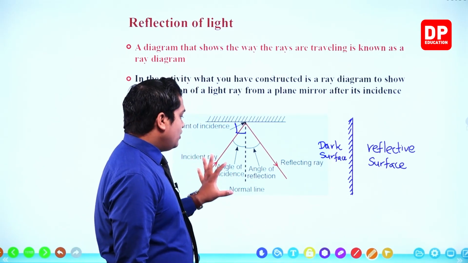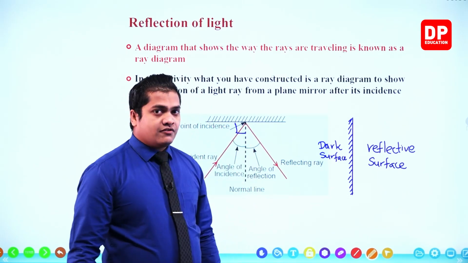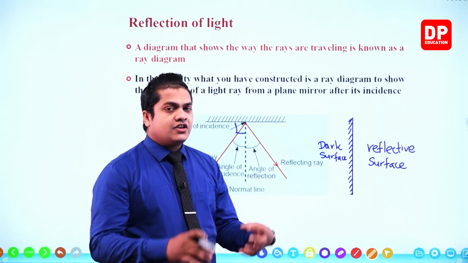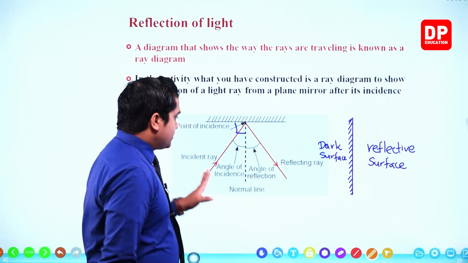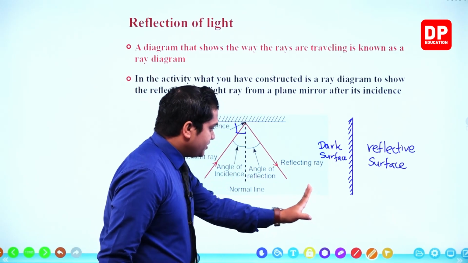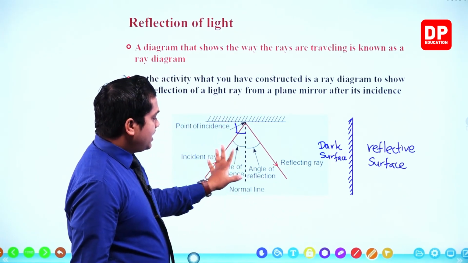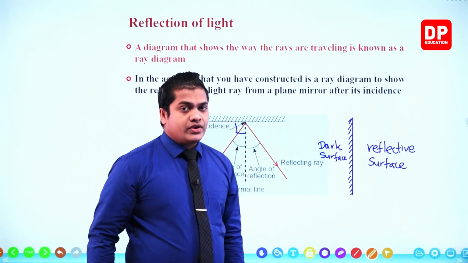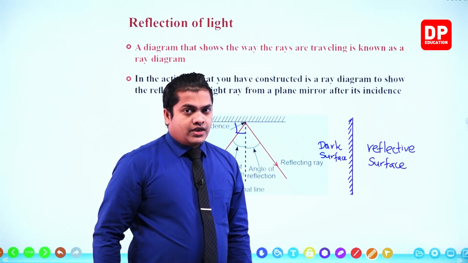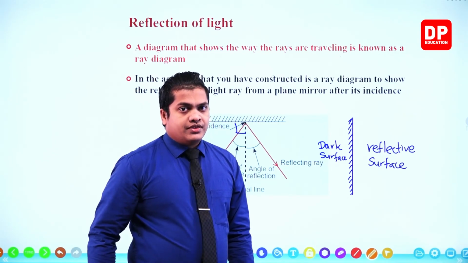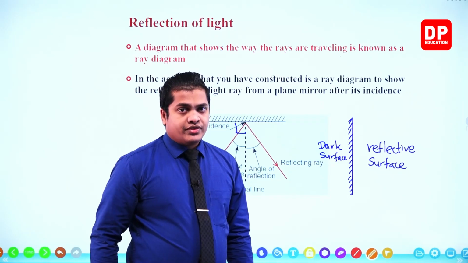Always the angle of incidence is equal to the angle of reflection. That's how a particular reflection is going to happen. So this is the one which is going, and the normal over here, and the two angles should be equal to each other. Okay. We are going to draw the reflected ray, we are going to draw the incident ray,